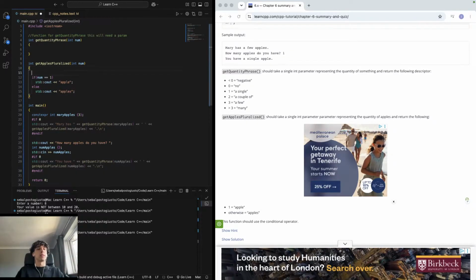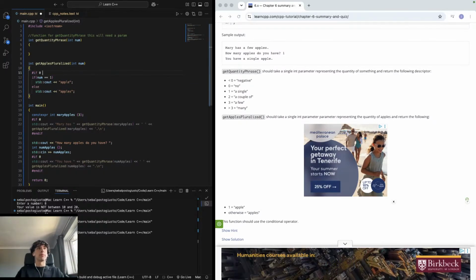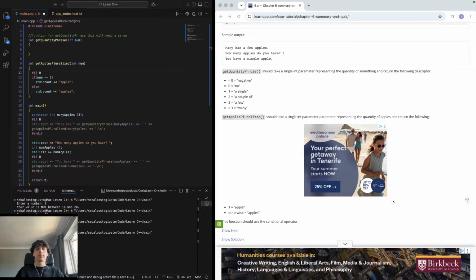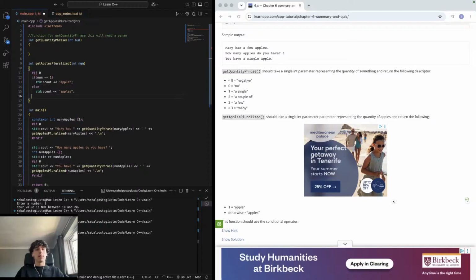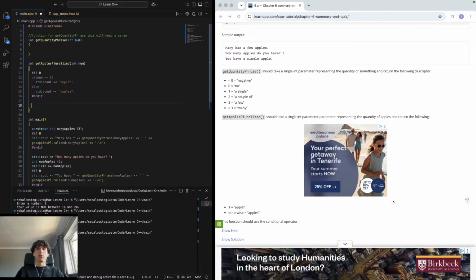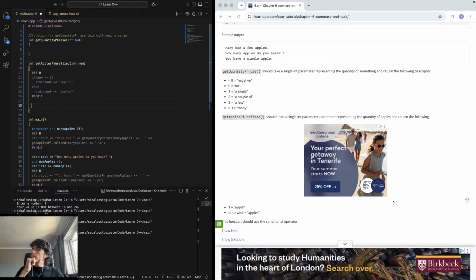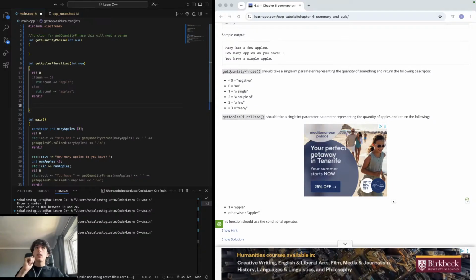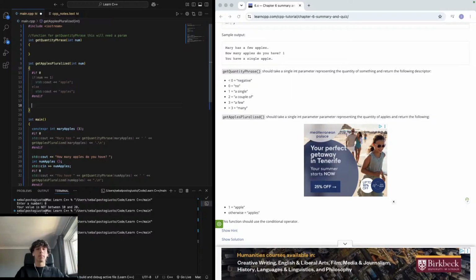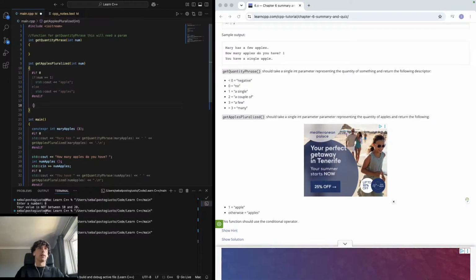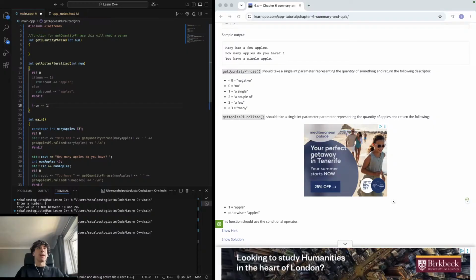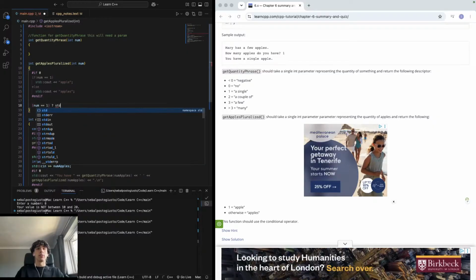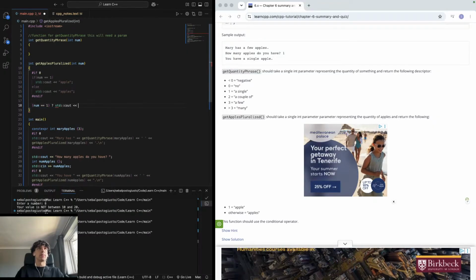So let me just comment this out, and then end if. So we would return, we would do num. So what are we looking for? We're looking for num equal to 1. And if that is true, then we do standard character output